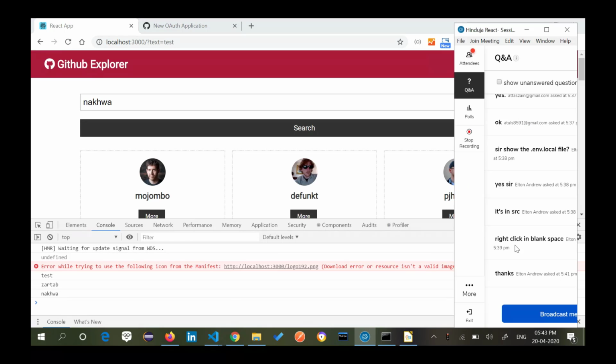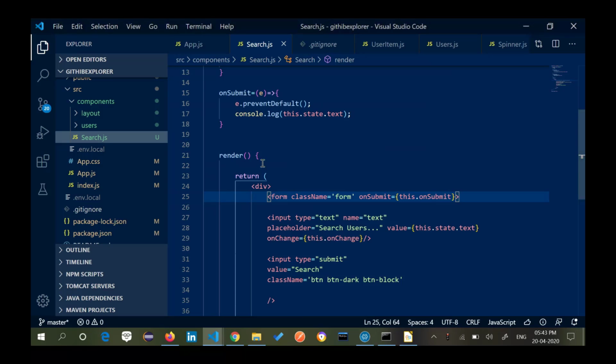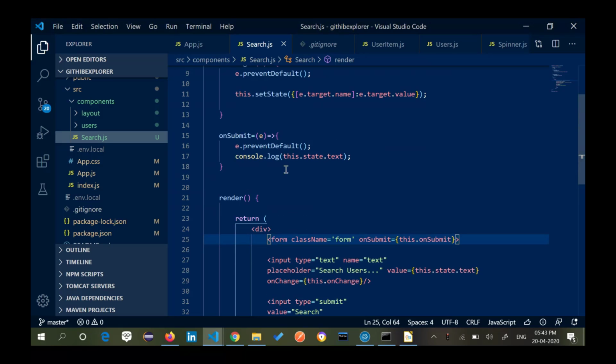Is everyone clear on this point? I have written a method by the name onSubmit. Whatever was in my text, I was actually writing and sending, now just displaying it here.